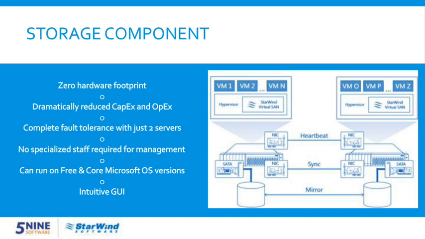It takes the local storage, mirrors it between two hosts, adds cache on top, and then presents it back to the host as a single trusted storage resource. And then you store the virtual machines on it. So essentially, should the first host fail, the virtual machines 1 through N will be restarted on the second host, and vice versa. Should the second host fail, the virtual machines O through Z will be just restarted on the first host. That's the most basic description you can get,